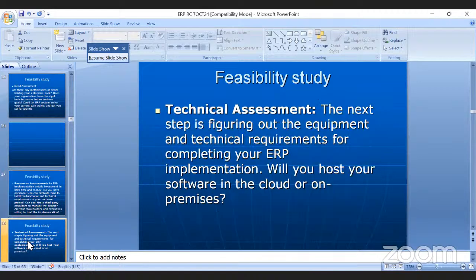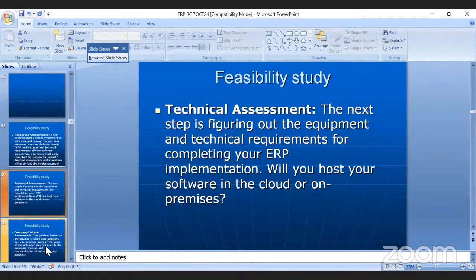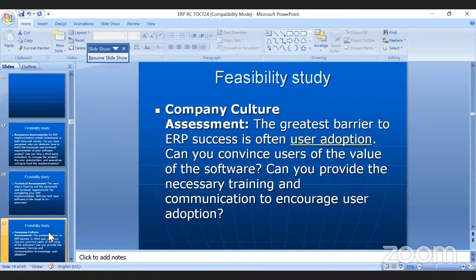And then technical feasibility. Technical feasibility is whether we have hardware, software, database, networking, computers. Do we have space for all that? Do we have technical people around us? Do we have trainers? If not, can we afford them? If yes, then go ahead. If you cannot afford it, you have to drop the plan here. Otherwise, you go ahead with the implementation.